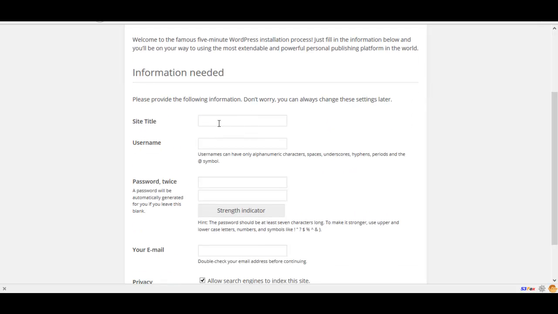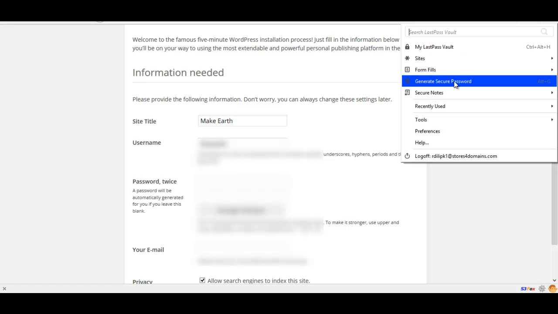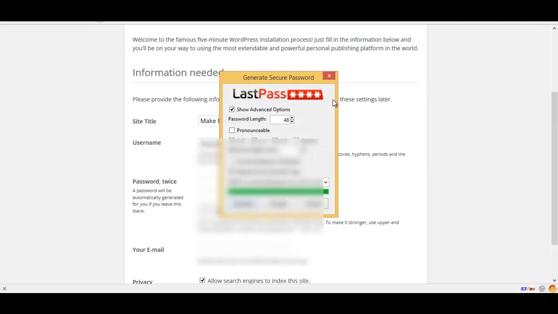Now all I need to do is just enter the details out here. So I'll enter the details for the blog here. Okay, let me enter my username. I will have to create a password. So I will recommend using something like LastPass, which is something that I use often, and I create a password